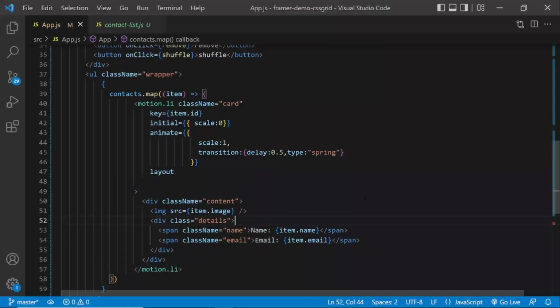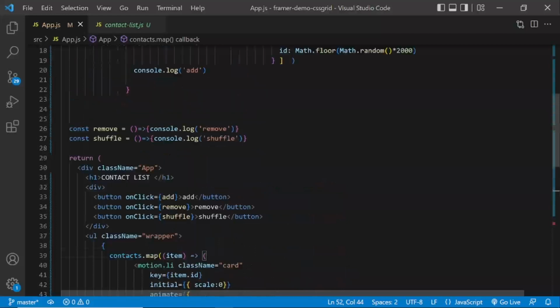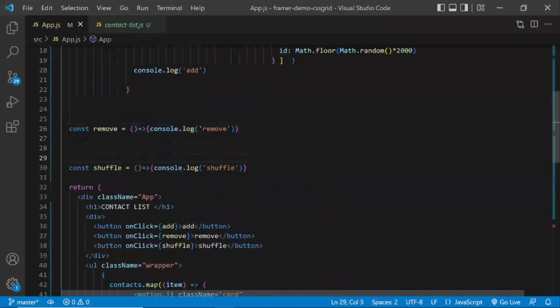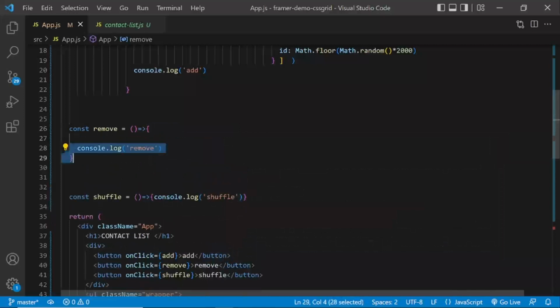Next, we're going to add the remove functionality and see how our UI is going to render after we remove items. So I'm going to go back to our function section where I've added the remove functionality. I'm just going to make some space there, and there. Let's do some tabs there.